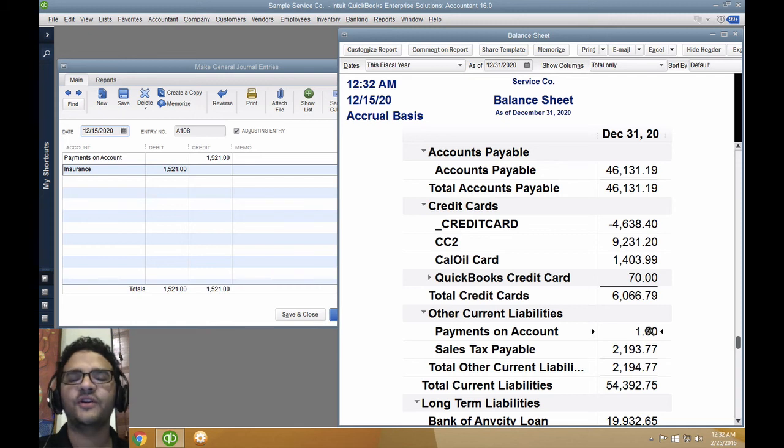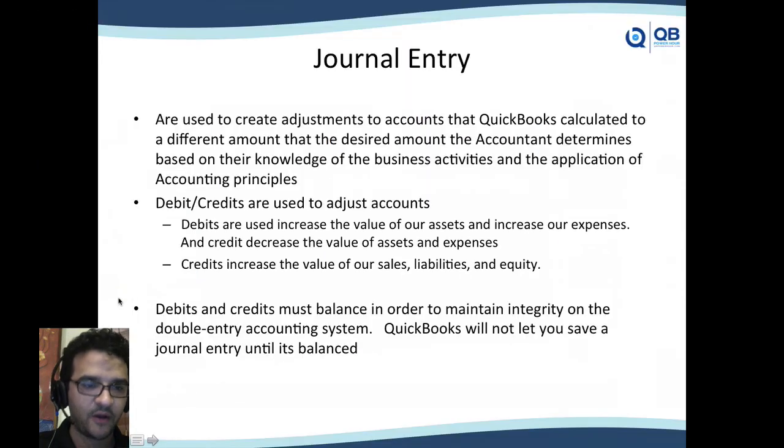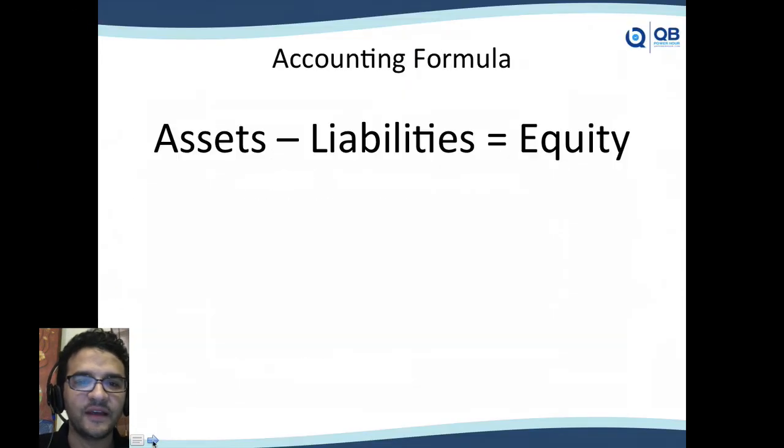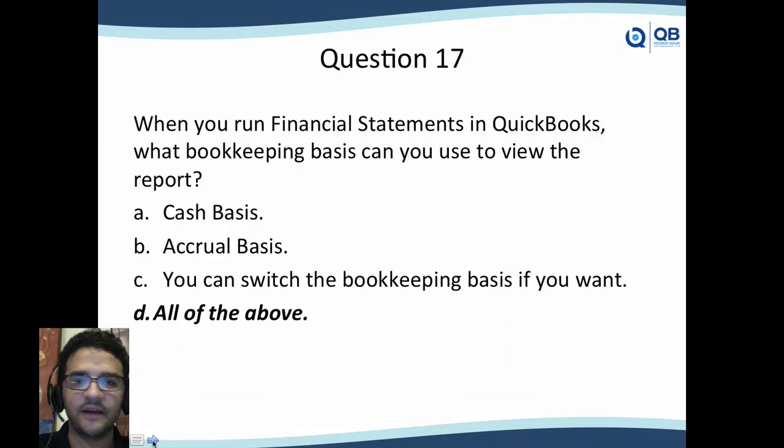So that's what journal entries do. Journal entries are used by accountants that apply all the accounting principles and all the best knowledge about accounting, and they debit and credit accounts to adjust their values and change their final results. Okay, so let's jump to the practice question here